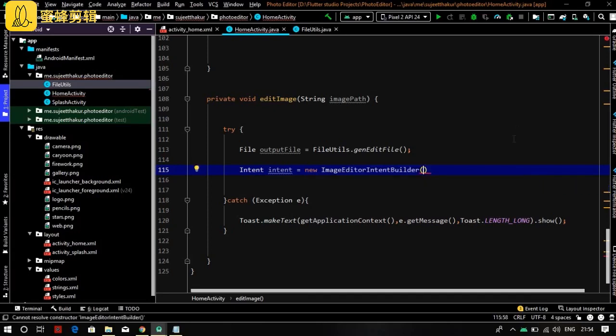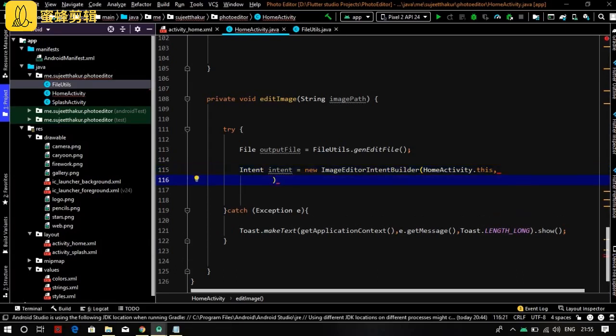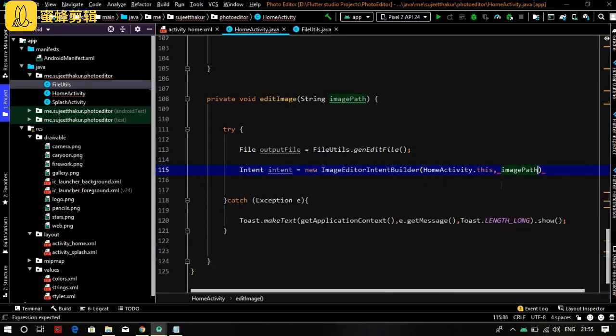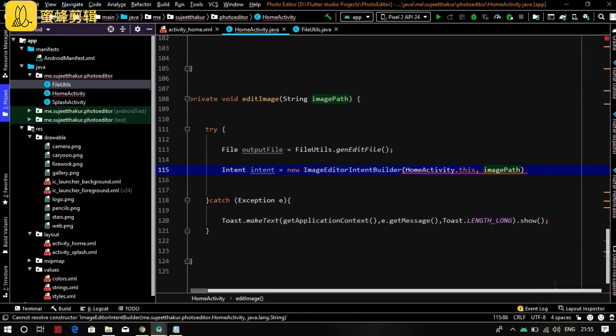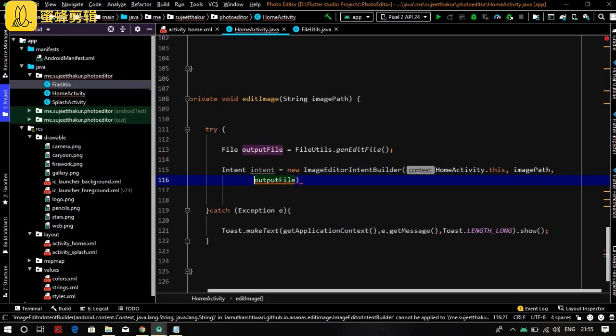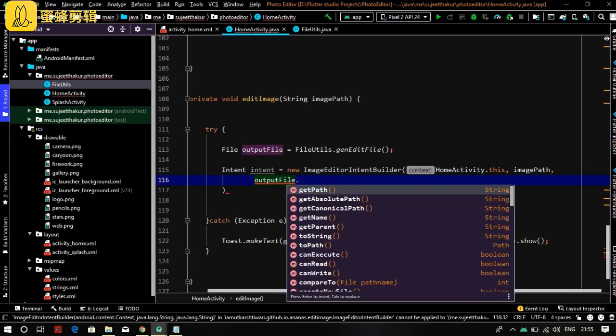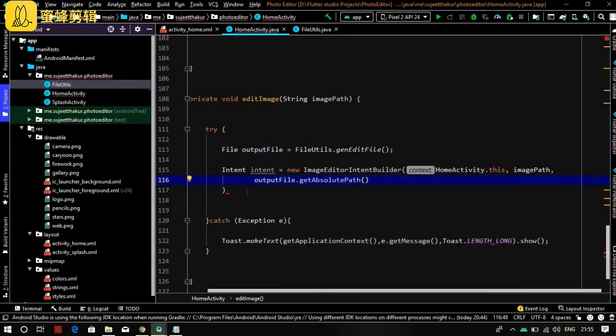This will call the photo editor activity. Now write here the context HomeActivity.this, comma, image path, output file. Our edited image will be stored in this output file. Now write here outputFile.getAbsolutePath. It will give you the absolute path.